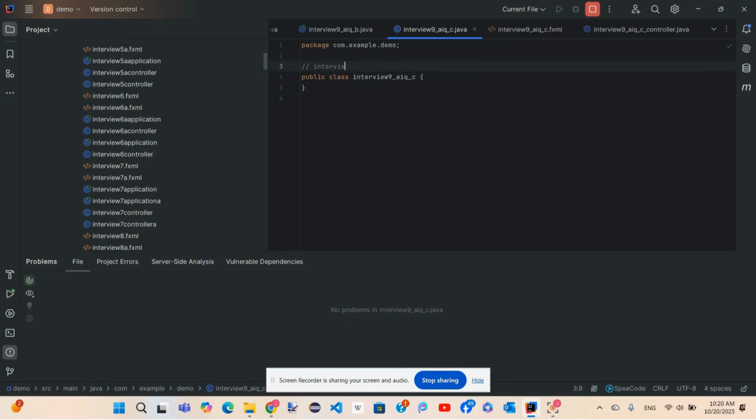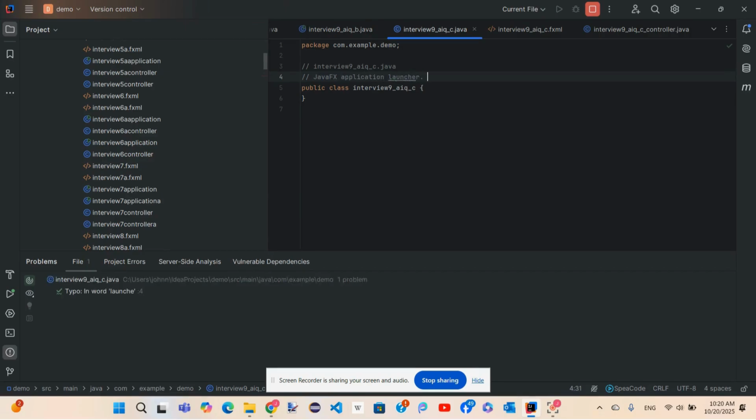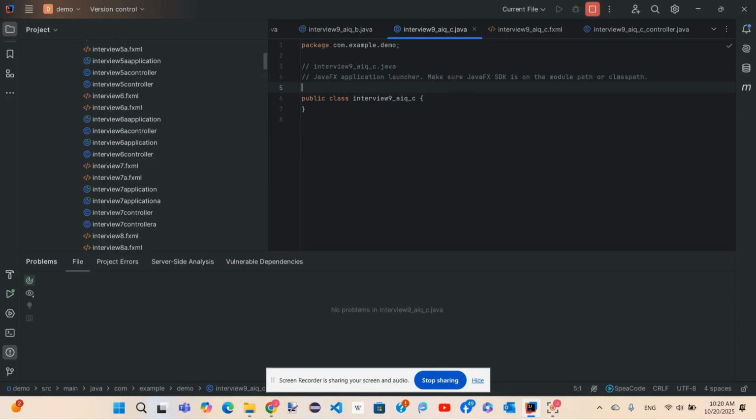In the view 9 AIQ C, the JavaFX application launcher. Make sure JavaFX is on the module path or class path.